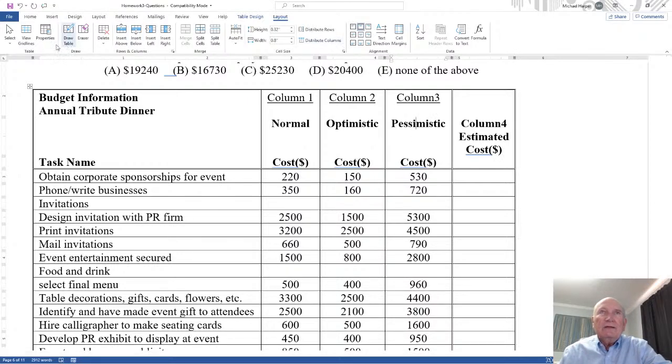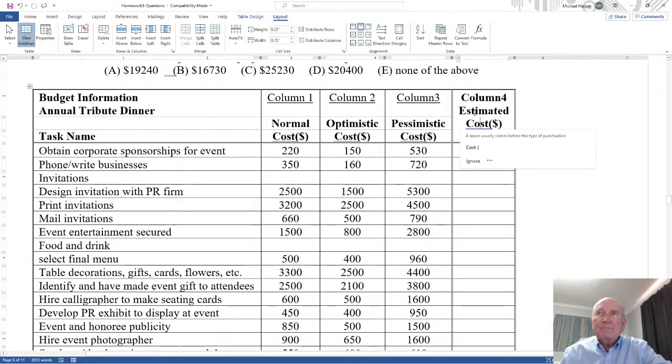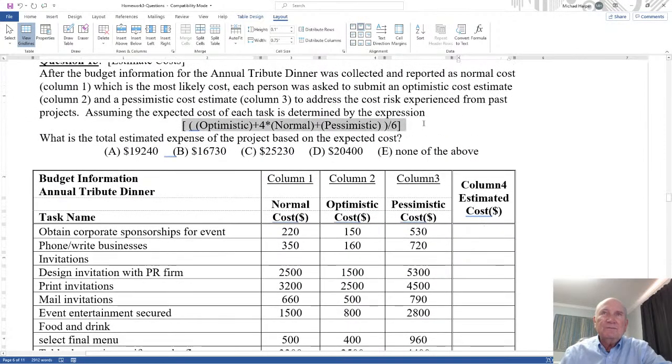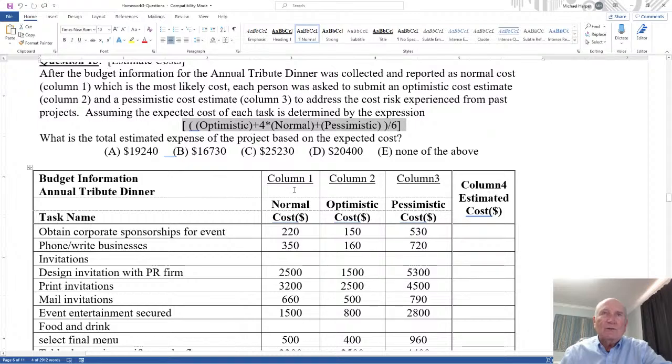I don't know why that did that. Let's see what's going on here. Okay, let's just do this. I'll just cheat here and do this. Bingo. Okay, and then center this thing. There we go. And so all this is doing is saying, okay, I'm going to use this equation where the